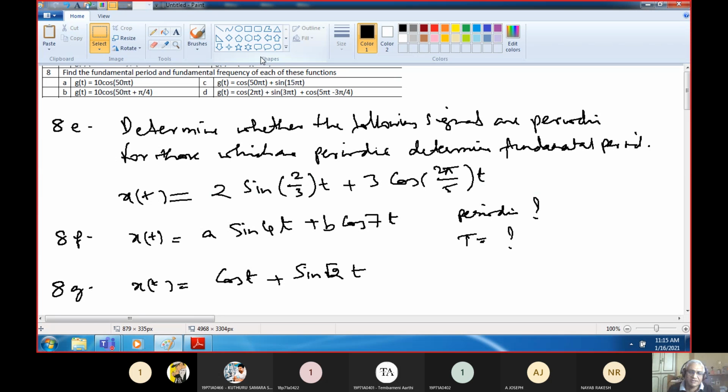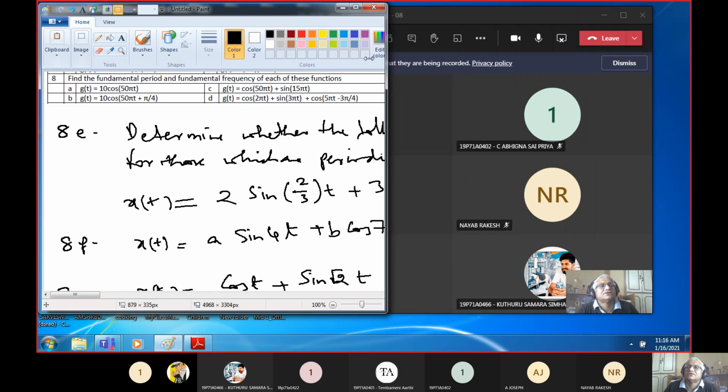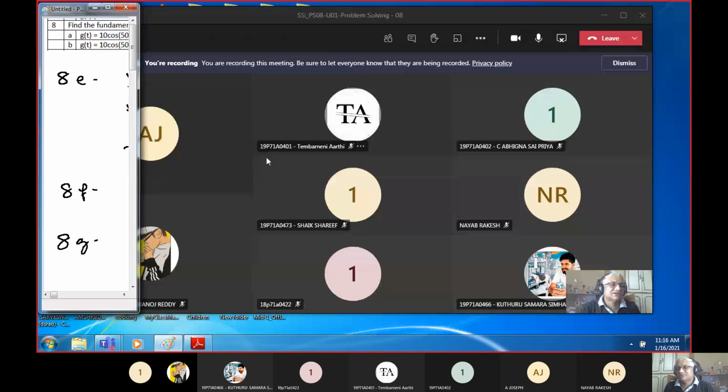Why I am giving these things is you can discuss among yourselves. Okay, I understood this exercise, so I will explain to you. Like that, I request all of you to start working together, because we are giving you the hints also, and it should be convenient for you to learn these things. So this is the 8th problem exercise which we have done, and 9 and 10 are there. Then another set of problems I'll be giving.